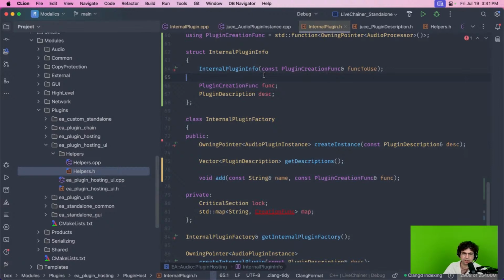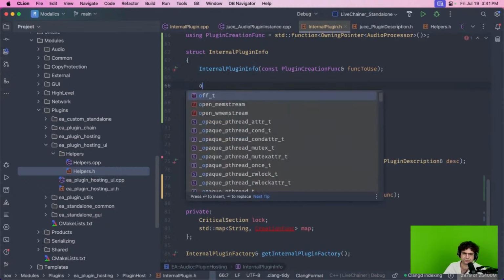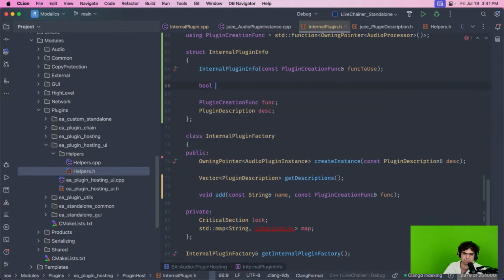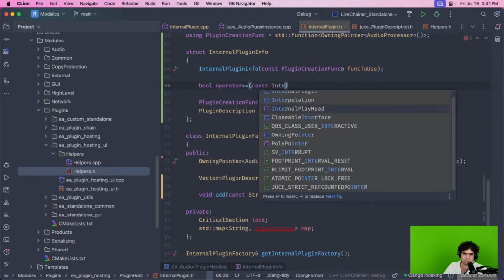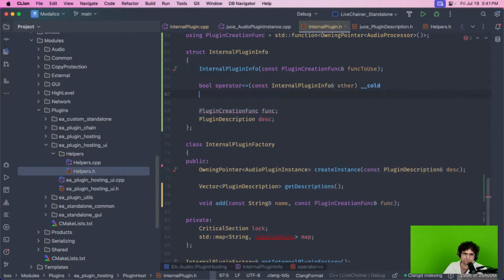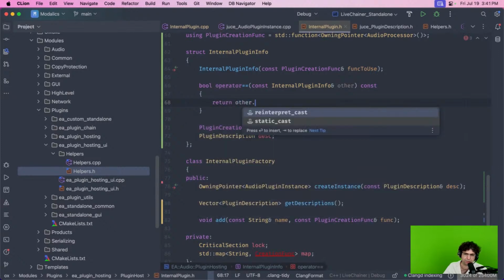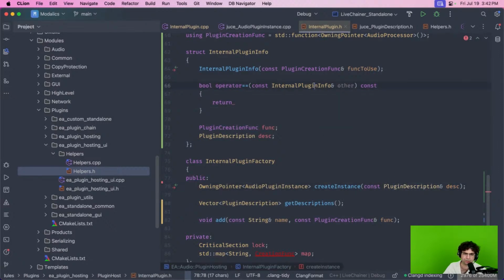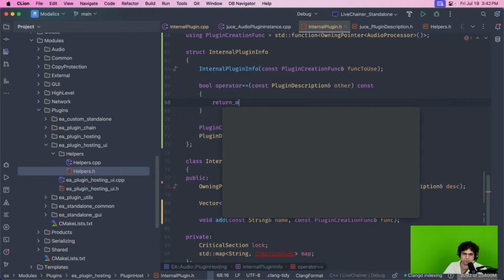I could do something now like a bool operator equals const general plan info other, const, not called. And this will just return other. Not plugin, sorry, it should just be a plugin description. Return